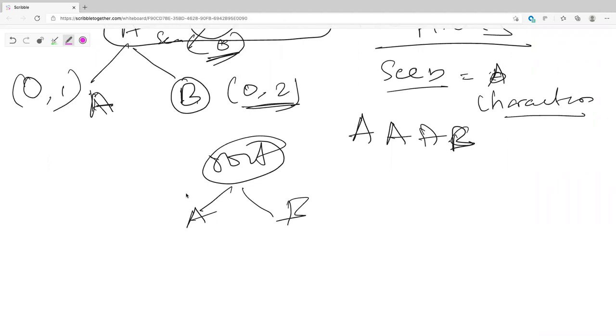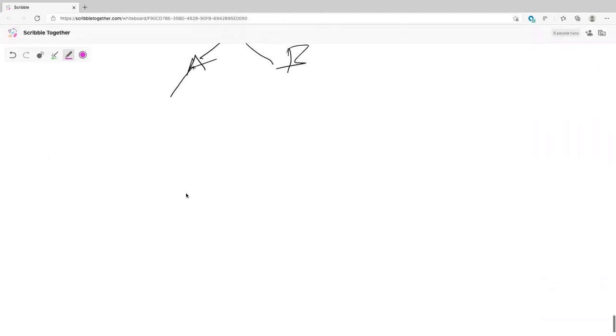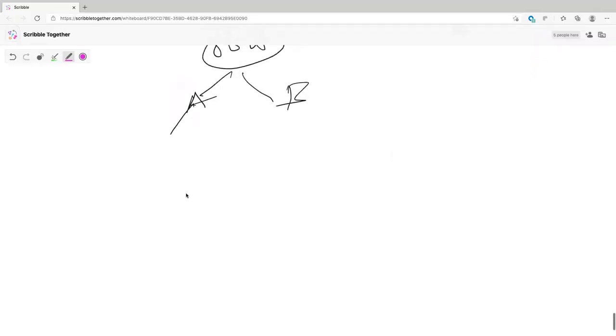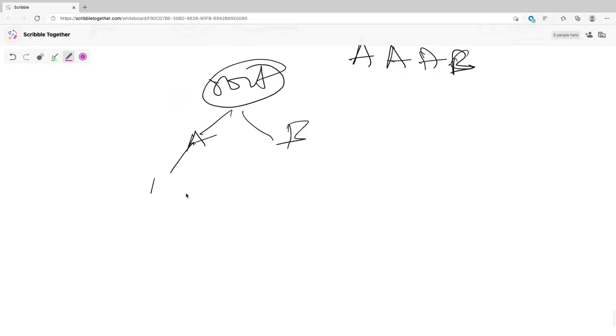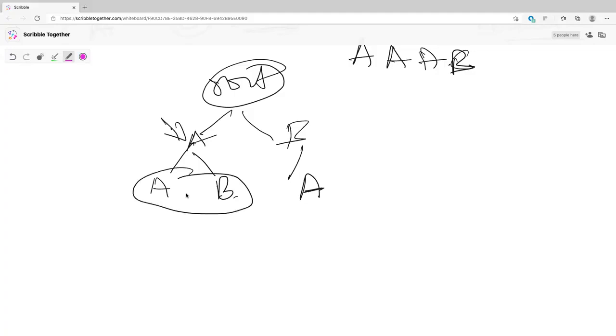Right. Okay. Now from this next A, what are your options? So that will be again A, and then another B. Yeah. That's it. And what about from this B? So in that case, you will have another A, right? Yeah. Just A. Is this clear? So basically, what are we doing? We are at each level, for this parent, trying to make sure that all the candidates are unique.